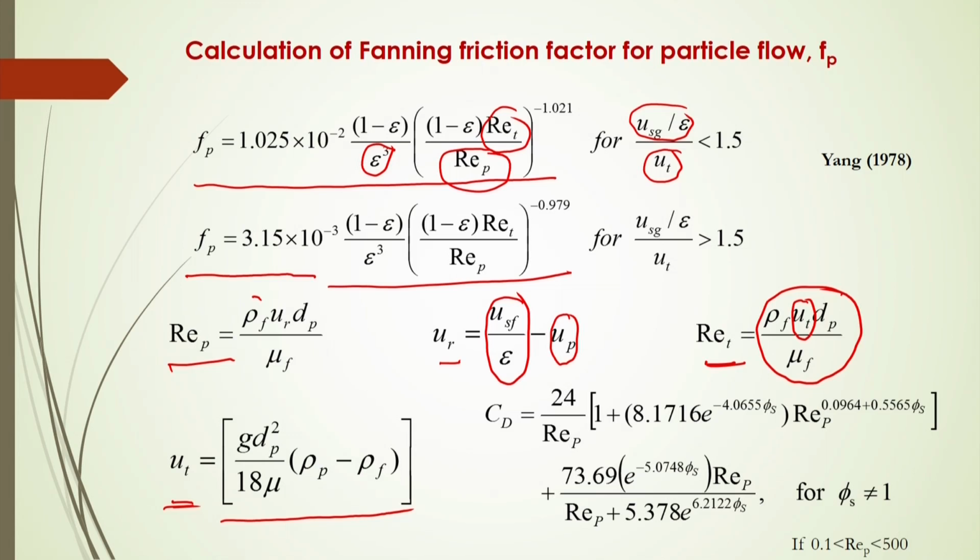If Reynolds number is greater than 0.1, then you have to calculate this terminal velocity from this equation, but there of course it will be related to this drag coefficient. Now this drag coefficient is related to this Reynolds number that we have already discussed earlier in a lecture, how to calculate the drag coefficient and what that drag coefficient is. So you can calculate this friction factor from this correlation by using this terminal velocity and the relative velocity, and what the Reynolds number of the particle should be, what the Reynolds number at terminal velocity of the fluidized